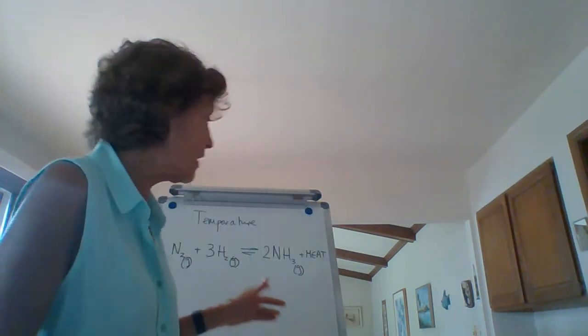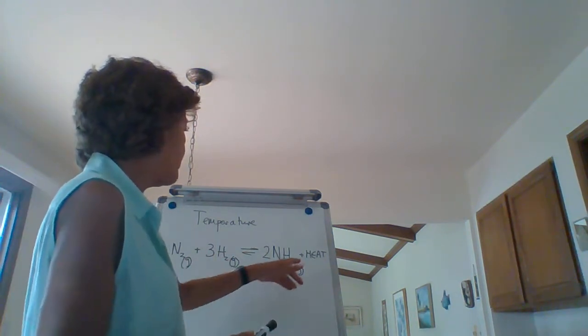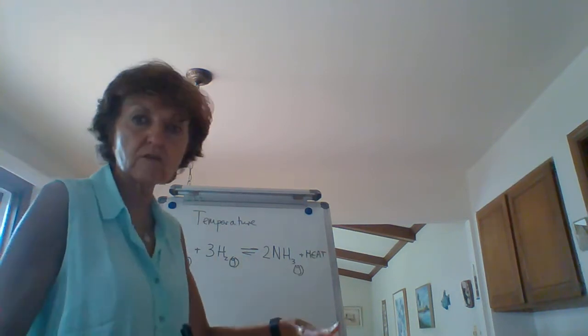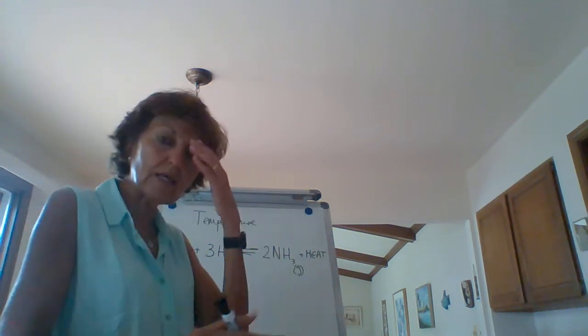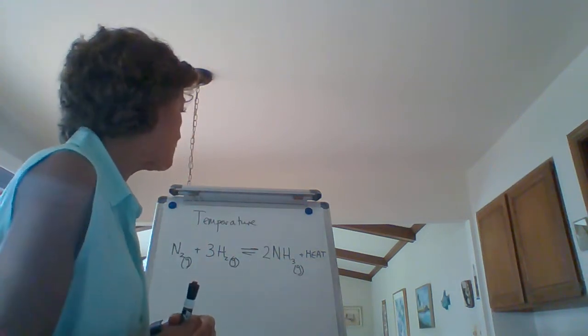you if the reaction is exothermic or endothermic, because if the reaction is exothermic, you put heat as a product. If the reaction is endothermic, you put heat as a reactant. So in our Haber process, the one that we worked with before, this is an exothermic reaction, meaning that heat is considered a product. Heat is released when ammonia is produced. Okay, so